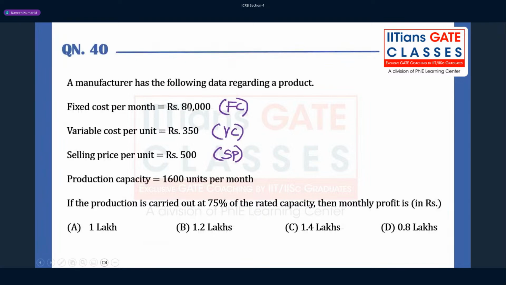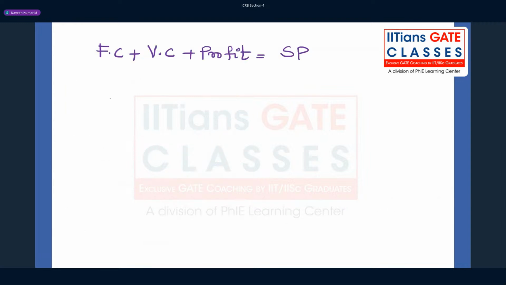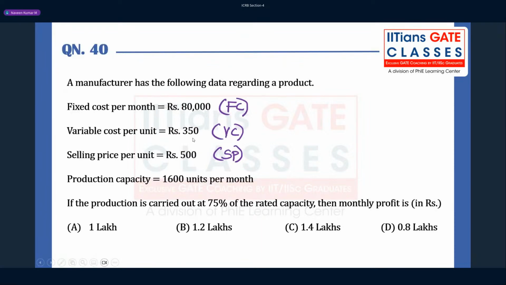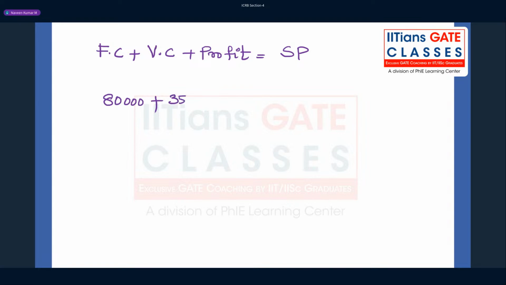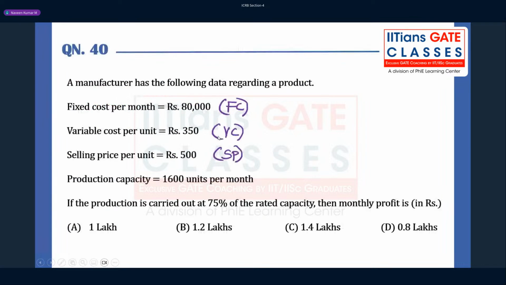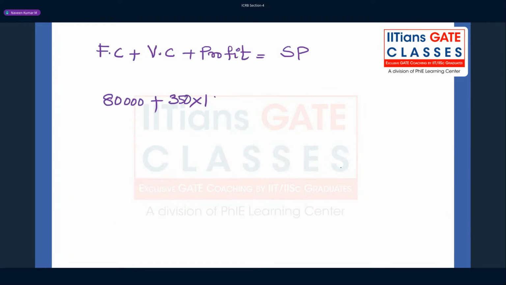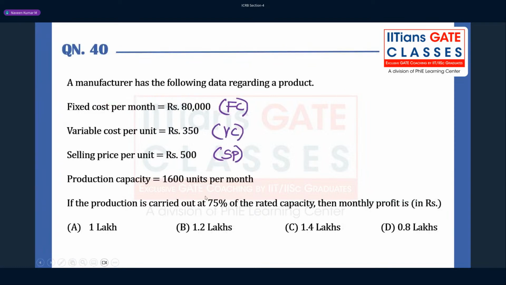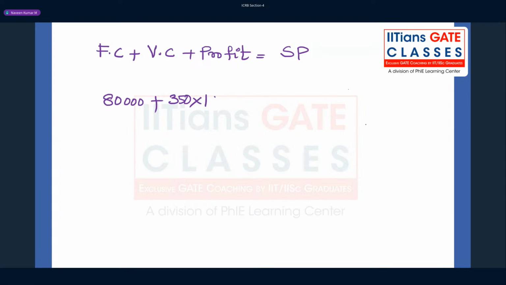What is fixed cost? 80,000 rupees they have given. Very good. So 80,000 fixed cost. Variable cost 350 rupees into 16 units per month, right? Here one more important thing is the production is carried out at 75% of rated capacity. It means the units produced are 75% of the production capacity. They are saying that the rated capacity is full, but only 75% is produced. That is 75% of 1600, right? So monthly production